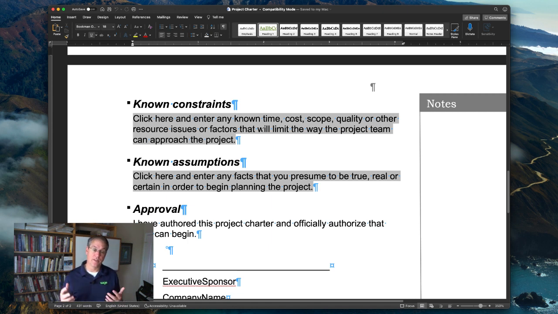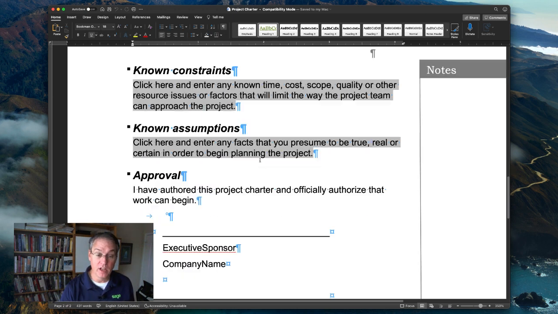Here's a quick way to think about the difference between commitment and support, because oftentimes what I find is that there's a lot of support for projects, but not really commitment, and hence the number one reason for failure, right, being lack of commitment from the executive. So the difference between support and commitment is like bacon and eggs for breakfast. The chicken is supportive, the pig is committed. Skin in the game. We want full skin in the game here. And that's really the key to overcoming that number one reason for failure.